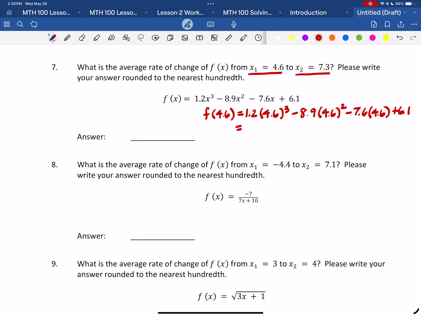Then I'm going to let my calculator do the work. 1.2 parentheses 4.6 close parentheses exponent key to the third. The exponent key on the TI-30 is this caret key. Subtract 8.9 parentheses, 4.6 close parentheses, x square button, minus 7.6 parentheses, 4.6 close parentheses, plus 6.1. This time that comes out to negative